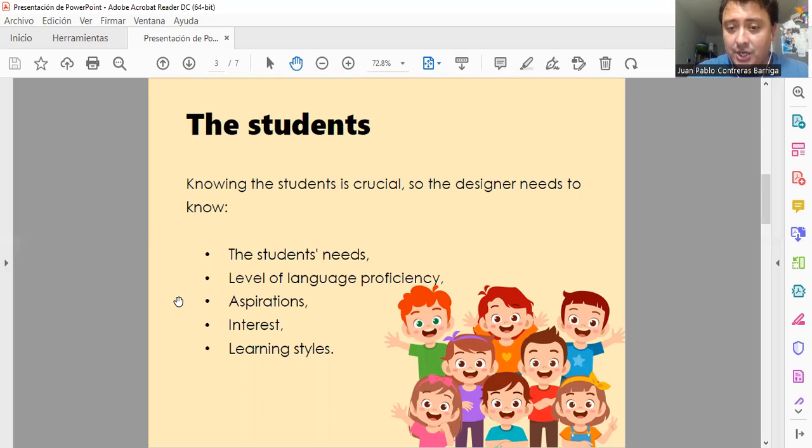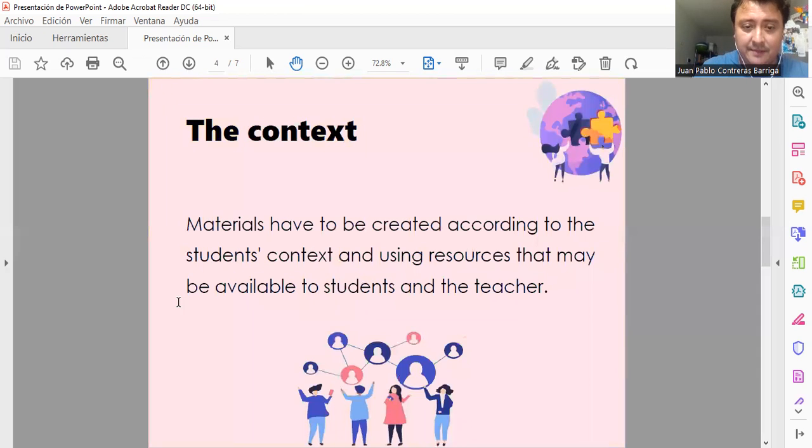So maybe we can exchange some information between the foreign students, so that they are having this interaction, maybe online. So that's important and crucial to understand as students. Also the context, I think this is very necessary for us to consider, right? The context. Material has to be created according to the student's context and using the resources that may be available